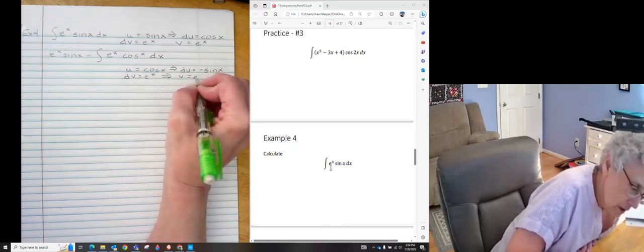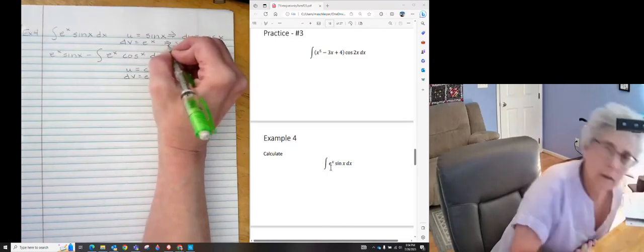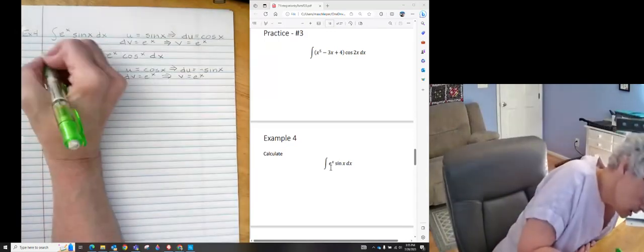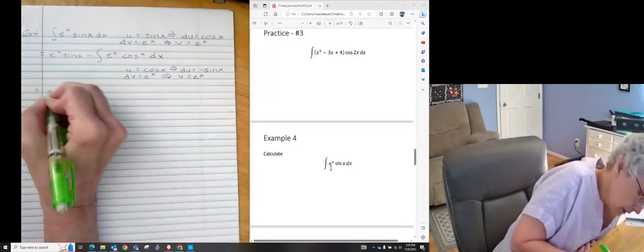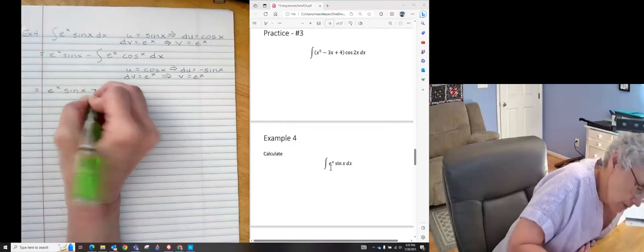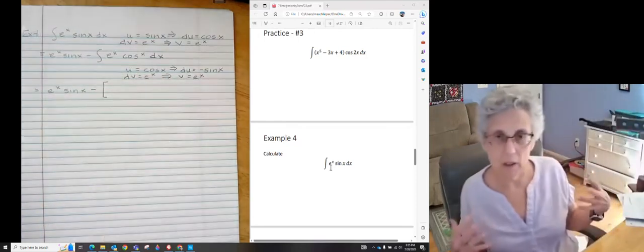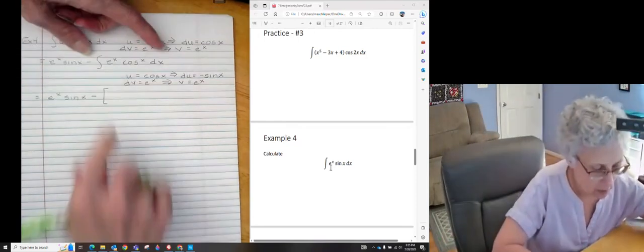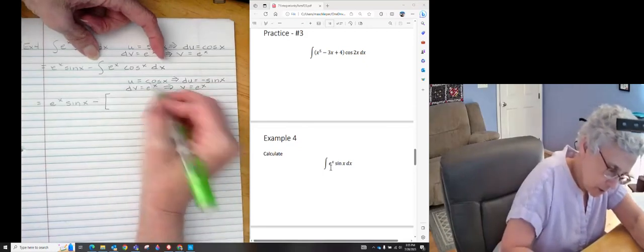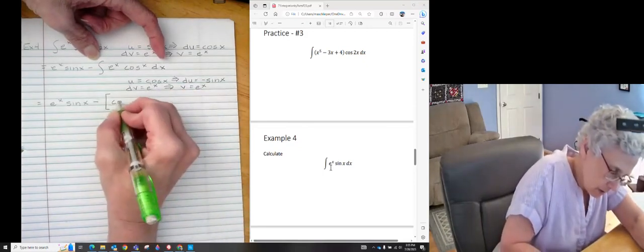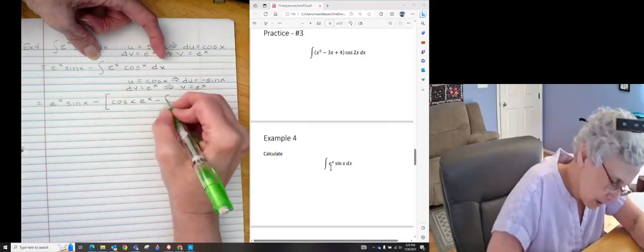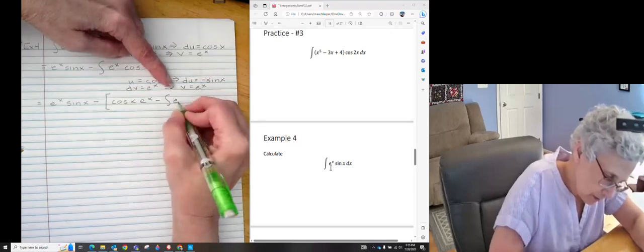V is e to the x, and let me put an arrow in there just to be consistent because I hate it when I'm not consistent. So e to the x sine of x minus, and put a big pair of brackets to make sure that I know I'm replacing this integral with u times v, so cosine of x e to the x, minus the integral of v